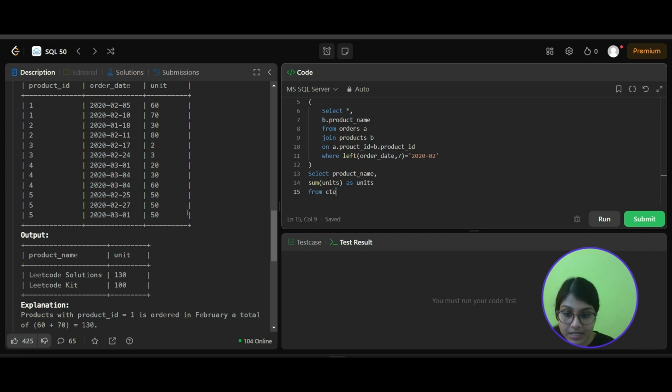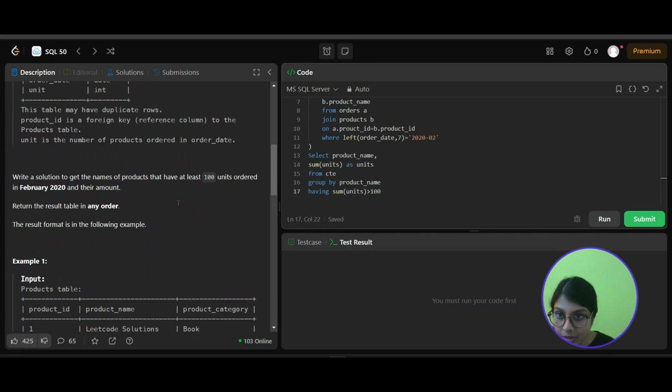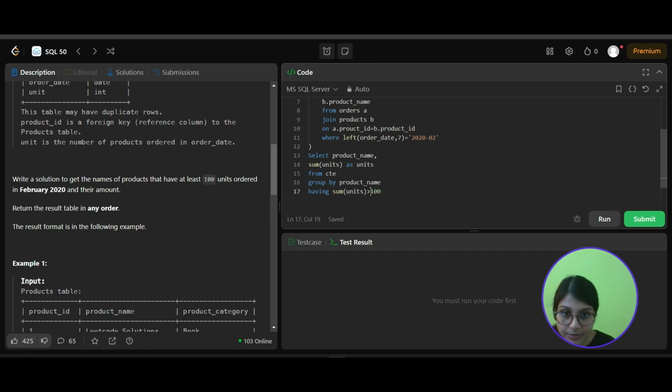From CTE, group by product name having, let's say, sum of units greater than 100. Is it strictly greater, or equal to? At least 100 units, equal to, right? So I'm taking the columns from CTE, grouping by product name, going by order of execution, and after that, wherever the sum of units is 100, I'm taking the product name and sum of units out of it,